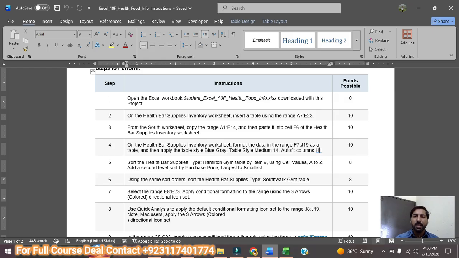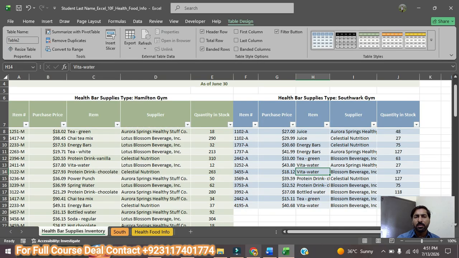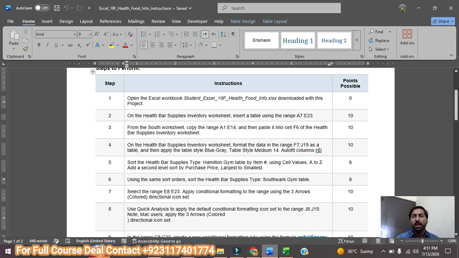In step number 5, it is saying sort the health bar supplies type Newtonian gym table by atom number using cell values A to Z at secondary level by purchase price. So here, health bar supplies type health bar. So we have to sort this table, and for this sorting we have to first apply atom number, and then we have to apply